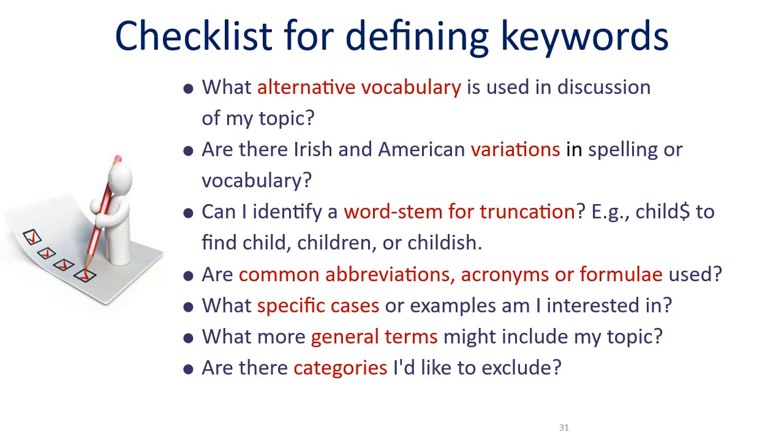Can you identify multiple words that have the same root but different endings? There are tools in the database to allow you to automatically search for all possible endings. Are there abbreviations being used? As well as using the abbreviation, use the full version and vice versa. So all these will allow you to think of multiple terms for the same concept and therefore improve the quality